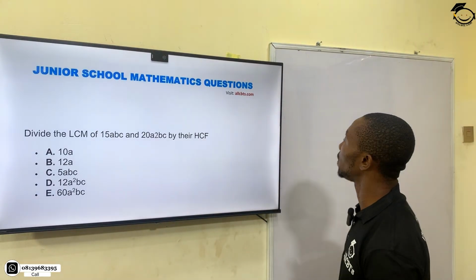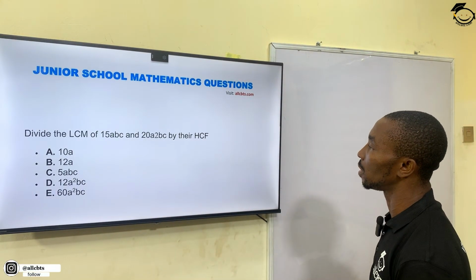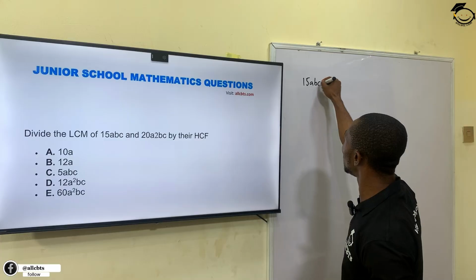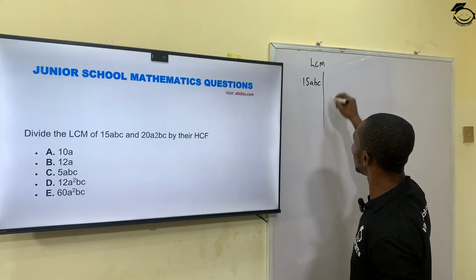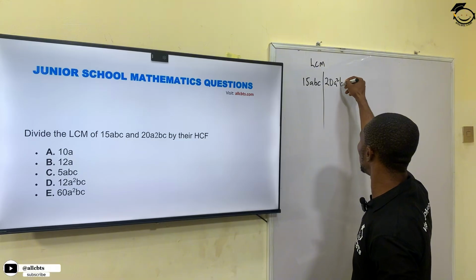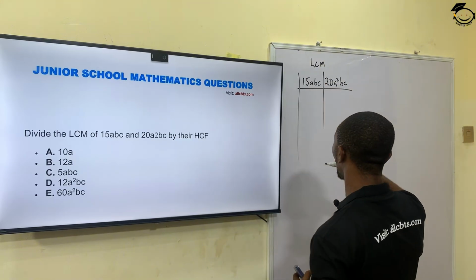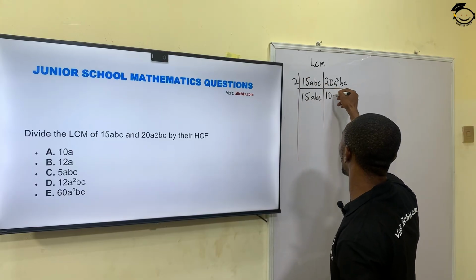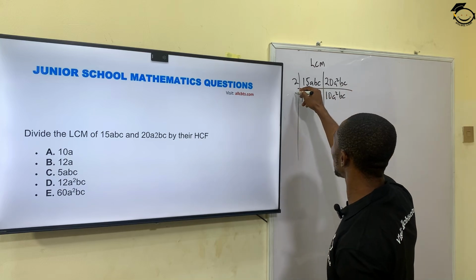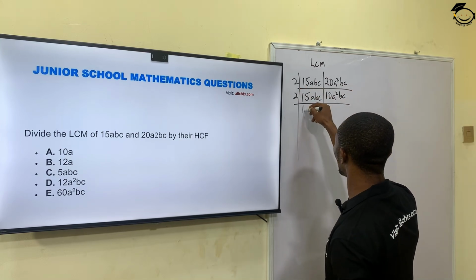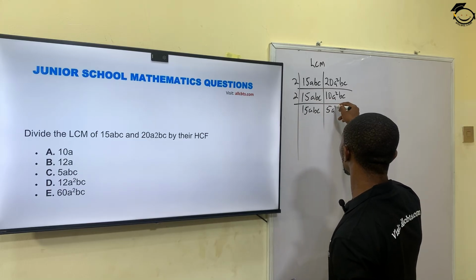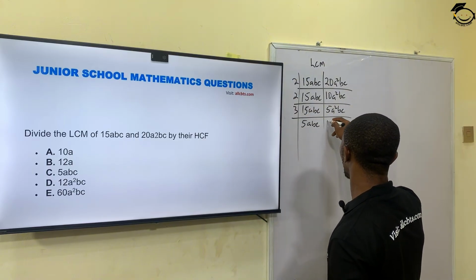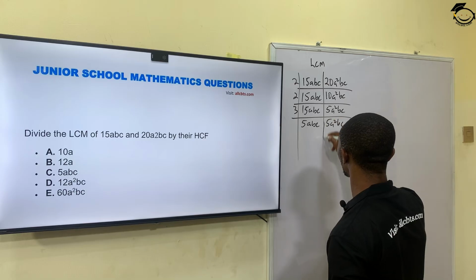Divide the LCM of 15ABC and 20A squared BC by their HCF. Now, for LCM, which is our lowest common multiple, we have 15ABC and 20A squared BC. All right? Now, starting with the least factor, 2, this will have 15ABC and 10A squared BC. Next, then we have 2 again, 15ABC and 5A squared BC. Then 3, 5ABC and 5A squared BC. Then 5,